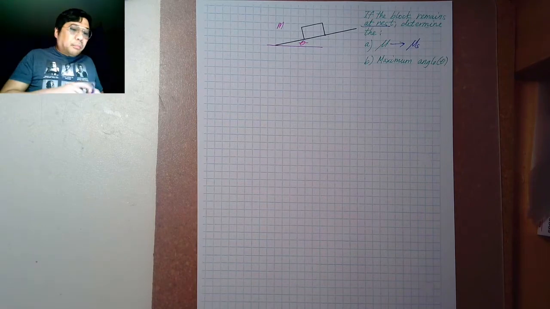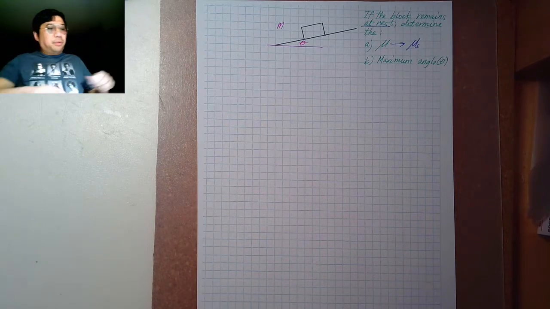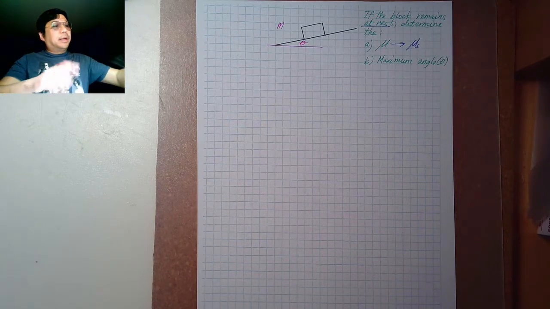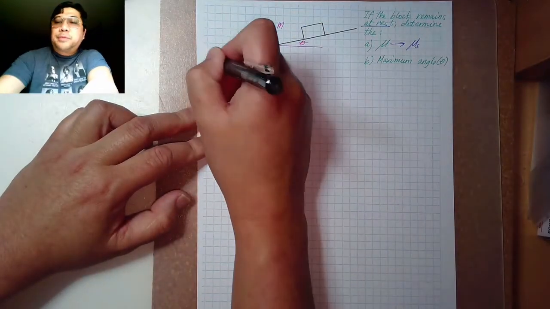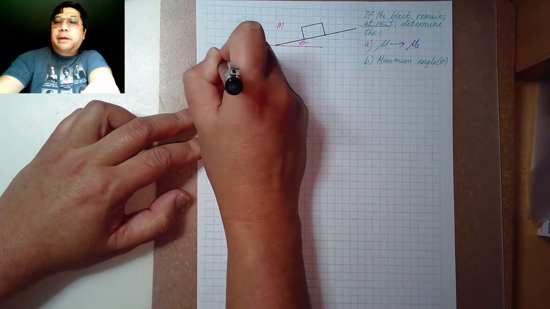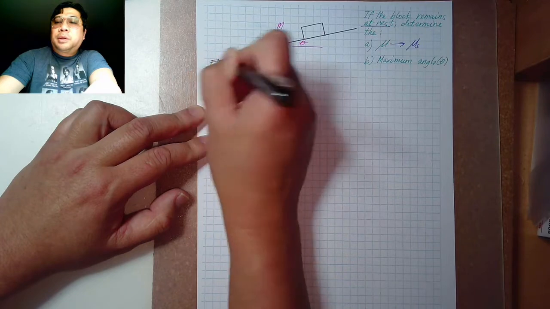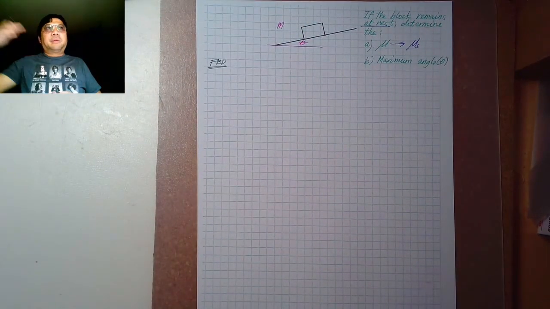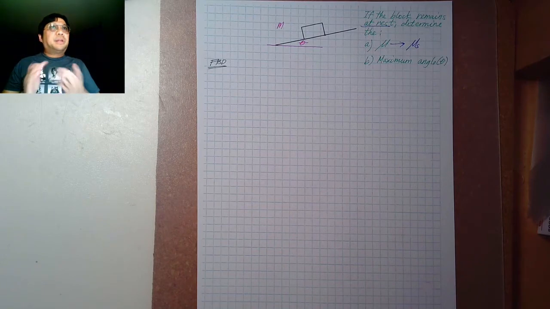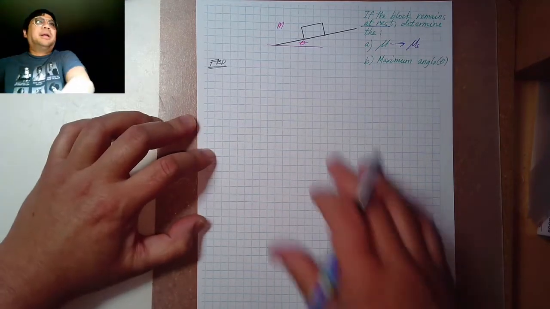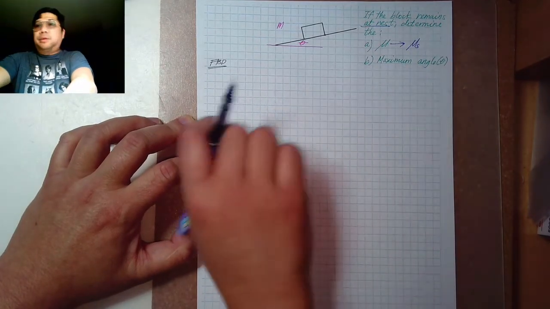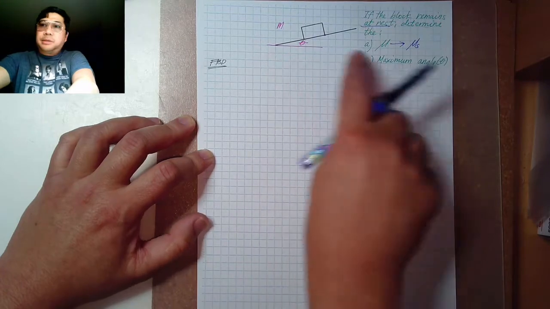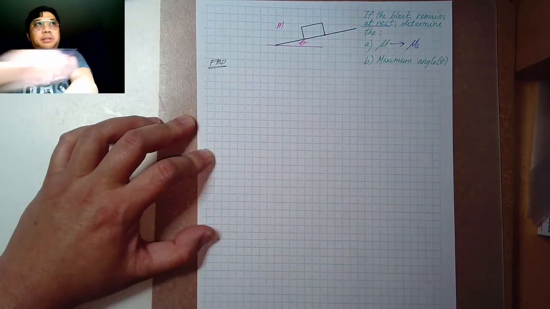Now, the first thing that we should do is draw our free body diagram. So let us draw our free body diagram. You're going to get used to drawing the free body diagram with this kind of problem once you see the inclination is there. First thing is that we must have the x and y coordinates. Just like what we've been doing in the past, we will draw imaginary